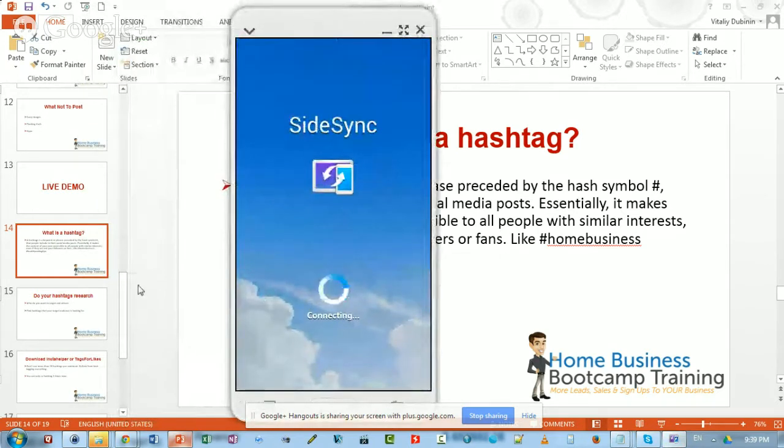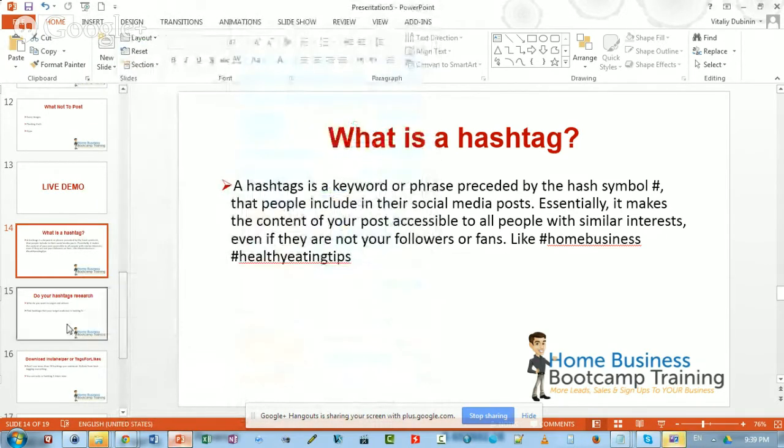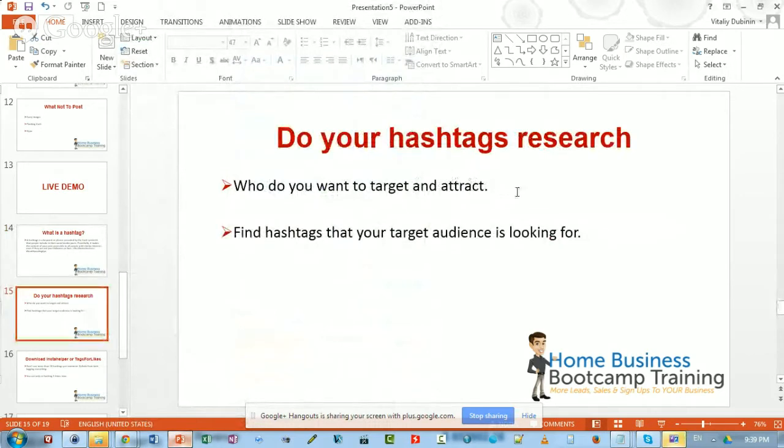All right, so let's do some hashtag research. Who do you want to target and attract? Think about that. In a moment, it all will make sense, I promise you. The hashtag part and how to use them, how to attract them. Basically, who is your ideal follower?